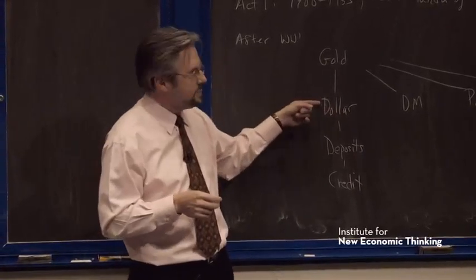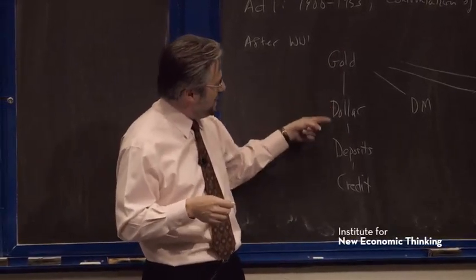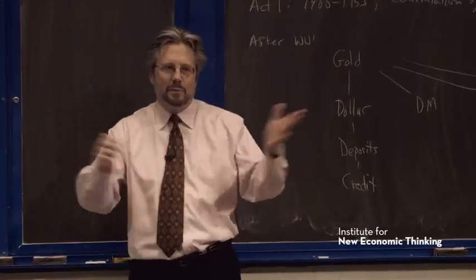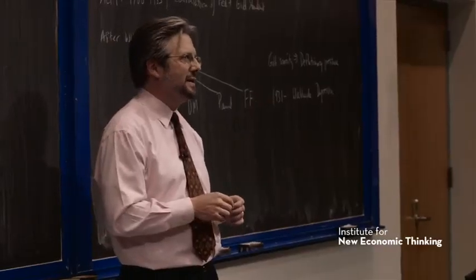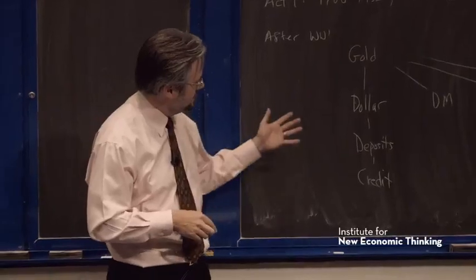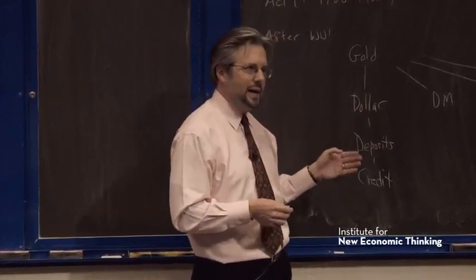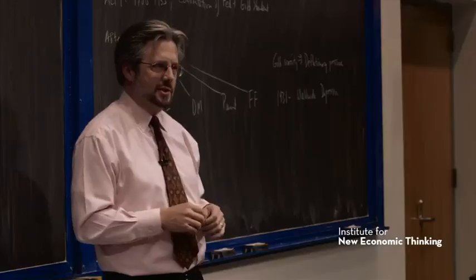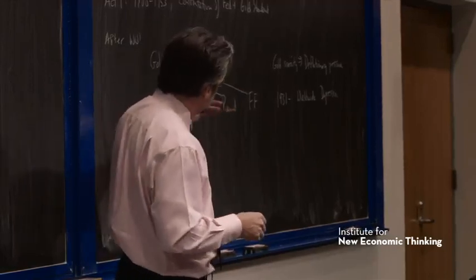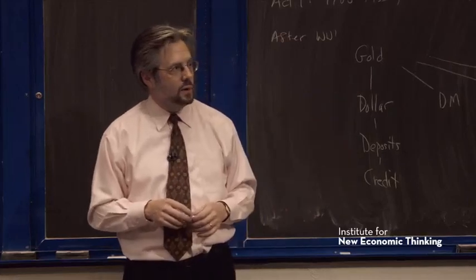The other problem, which was more domestic, is that by defending the gold standard, the Fed wound up sacrificing the U.S. banking system. And so the banking system all collapsed in the United States, and FDR got elected, and we had all the banking legislation that was created in the 30s as a consequence of that. So this mistake had very widespread repercussions for the United States and for the world.